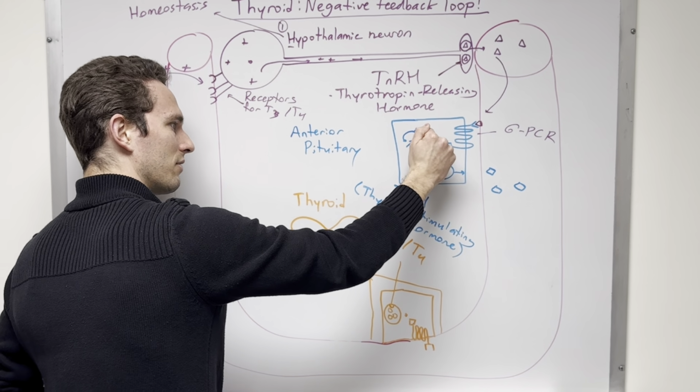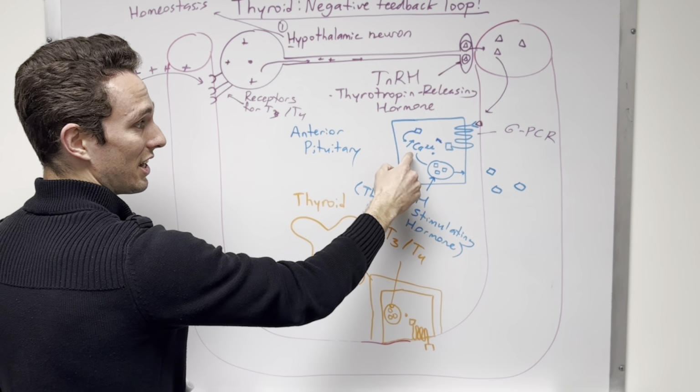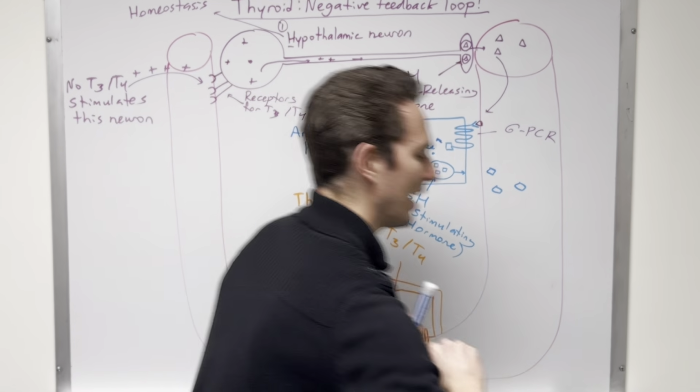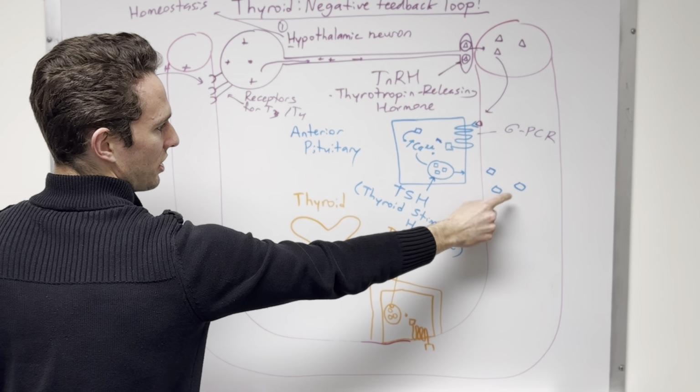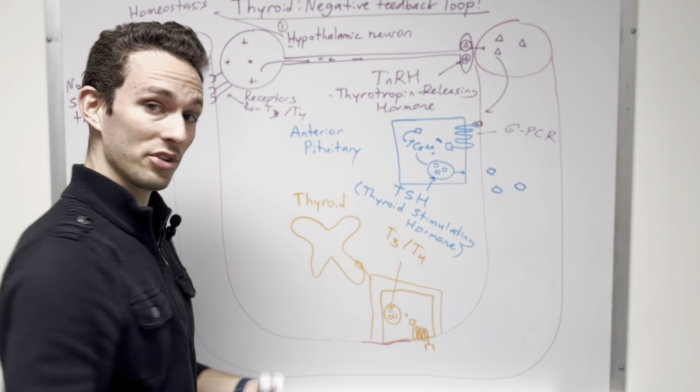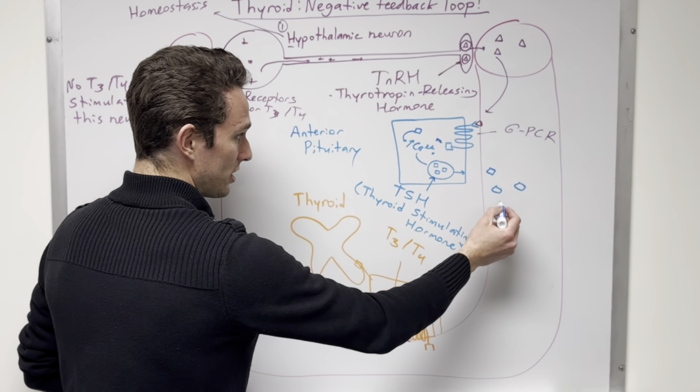G protein activates. G protein increases calcium amount inside the cell by opening some channels, and then we're going to push this vesicle out because calcium likes to push things. Pushes the vesicle out, releases thyroid-stimulating hormone. Now you can probably guess, thyroid-stimulating hormone in the blood, it goes everywhere, and it is going to interact here